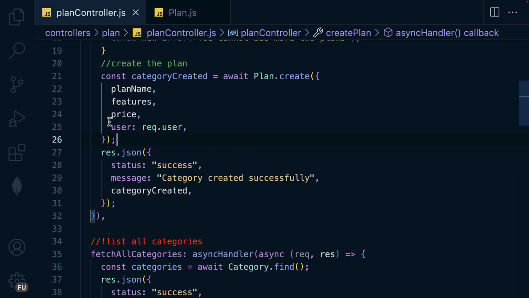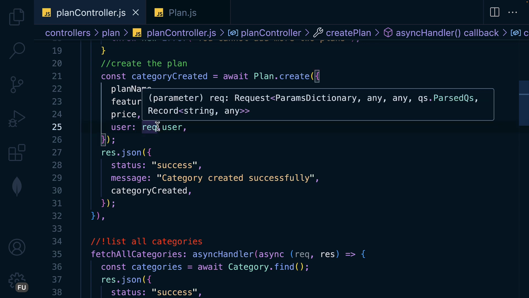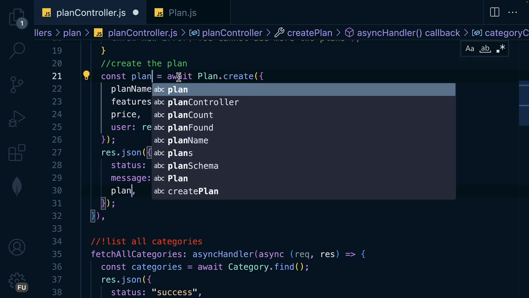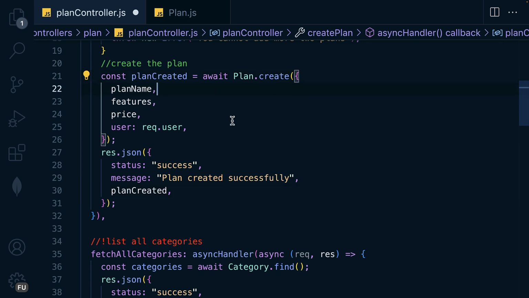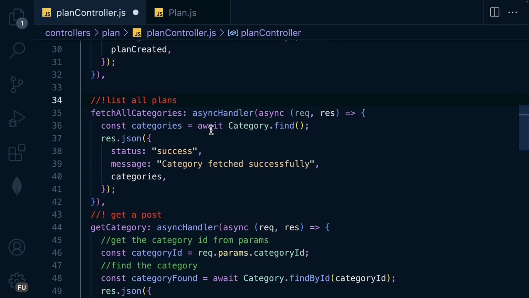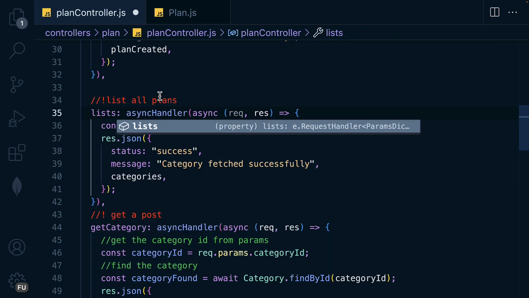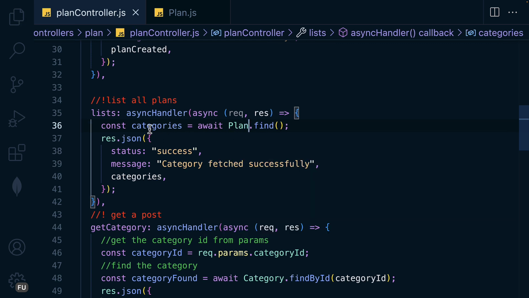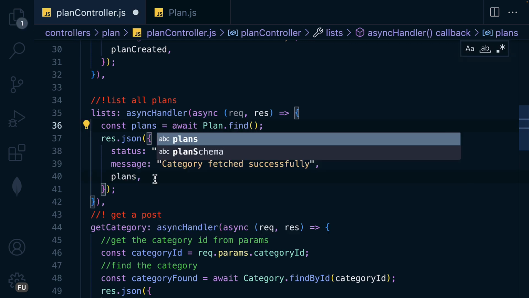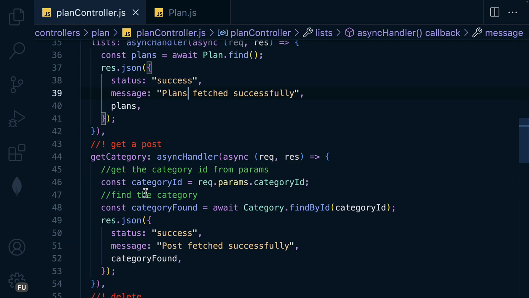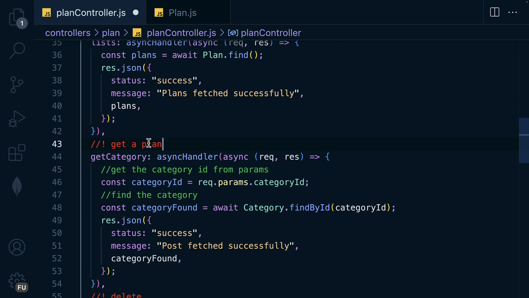Over here we are associating the plan to a user, and down here we will say that plan created successfully, and change this one to plan created. Awesome. And for the listing of all plans, it's going to be as list or just fetch, and change this one to plan, and change this one to plans, and plan here or plans for getting all, and this one is to get a single plan,